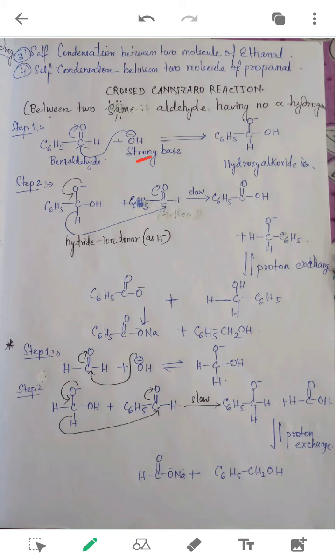The strong base NaOH only you can use, but what happens is in the step 1 you can see that OH minus is going to attack the aldehyde's carbonyl carbon, forming a hydroxy alkoxide ion. We can shift electrons, you can see it here. Okay. Now this hydroxy alkoxide ion is now making its way as hydride ion donor, but it will just donate H minus to another aldehyde molecule, another same aldehyde molecule,